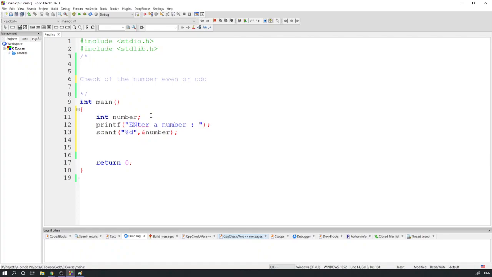Now once I got my number, I have to check if the number is even or not. So how do I know if the number is even or not? If the number is divisible by 2, we say it's even. Divisible by 2 means the remainder should be 0. So that is the case that we will be checking. So I'll say if, and in brackets my condition is number mod 2 is equal to 0. That is, if it is divisible by 2, then I'm going to say printf